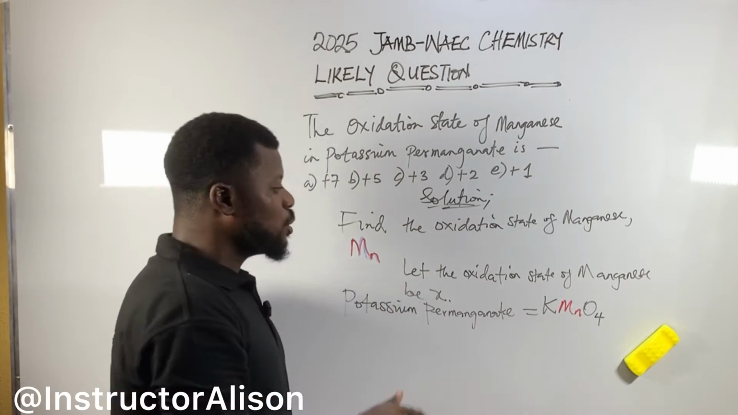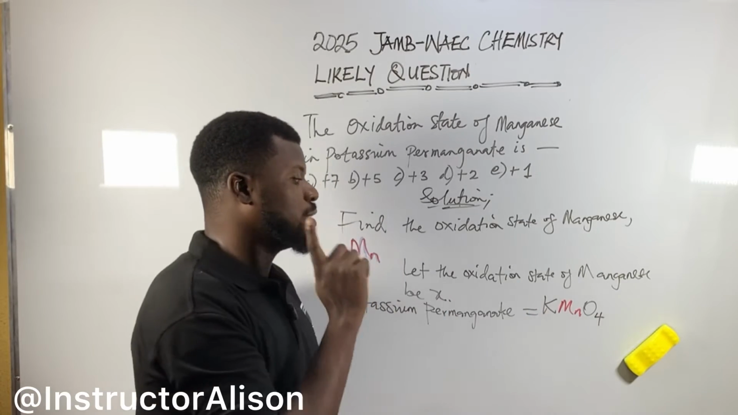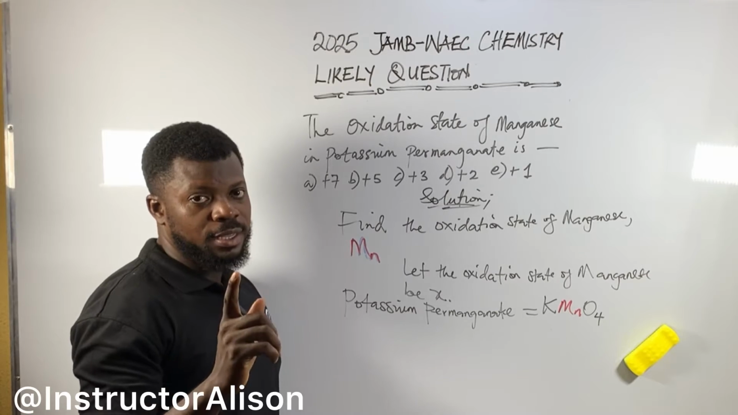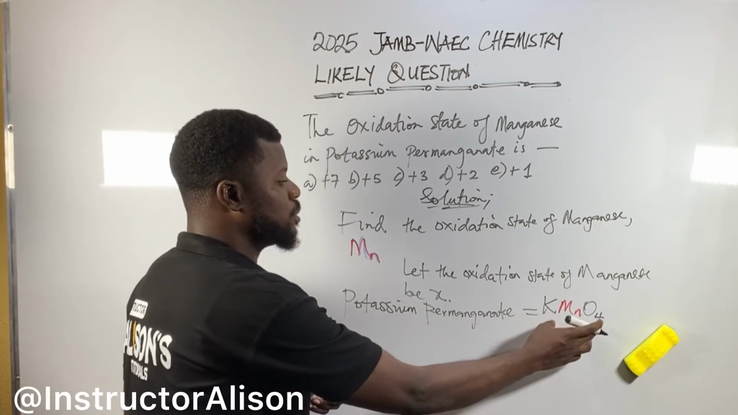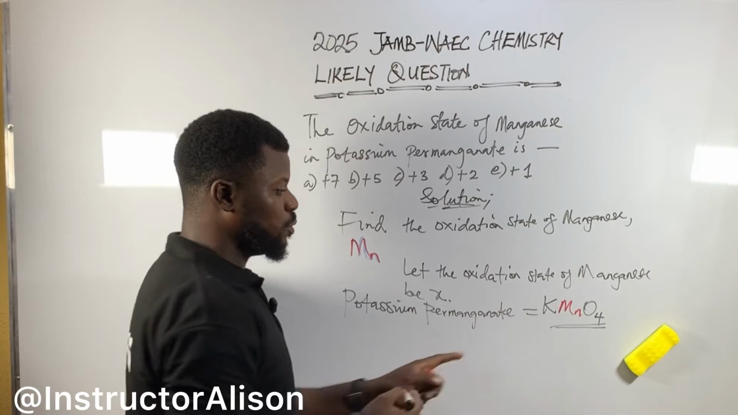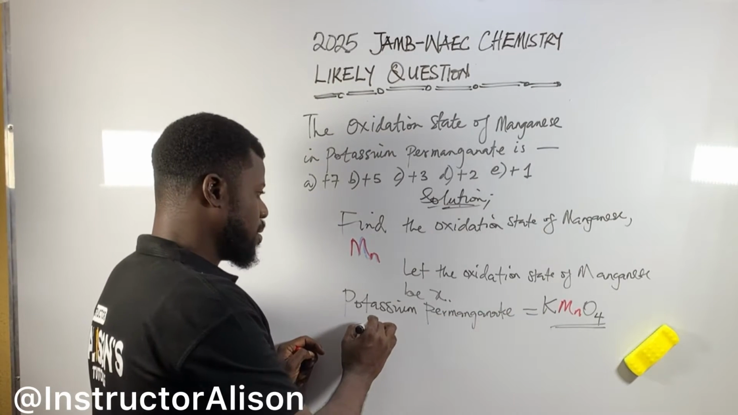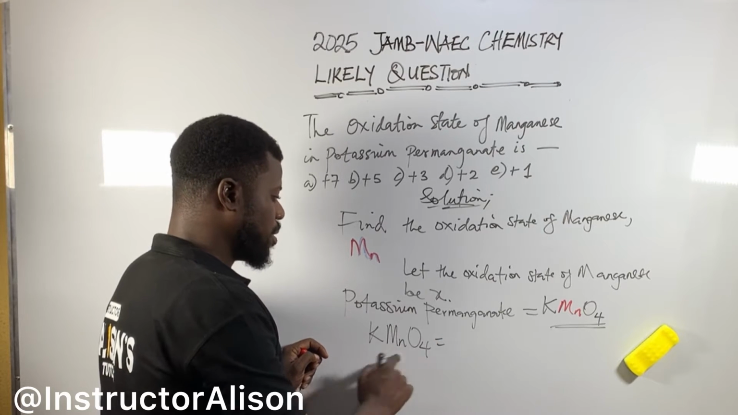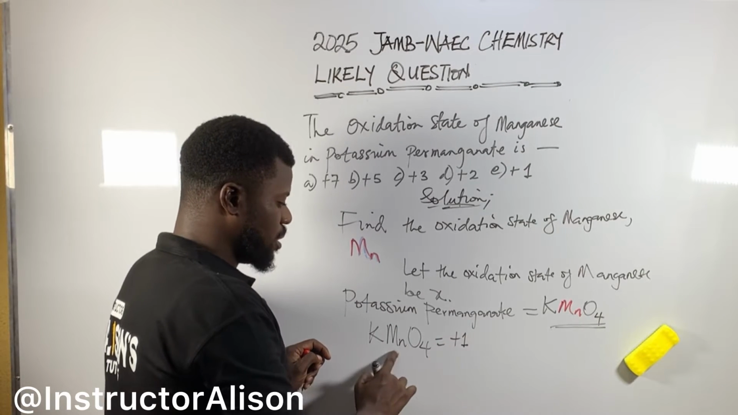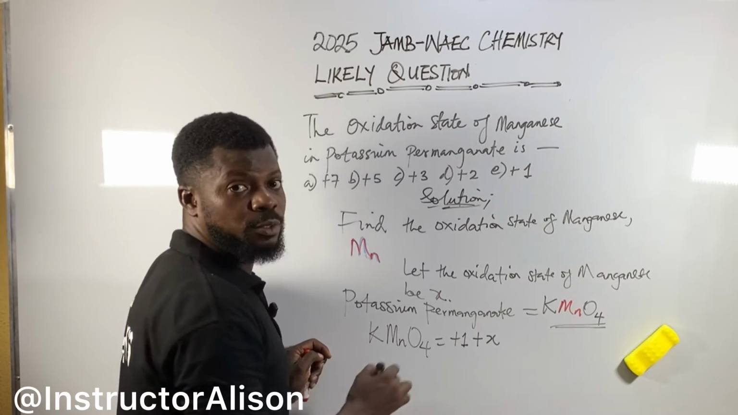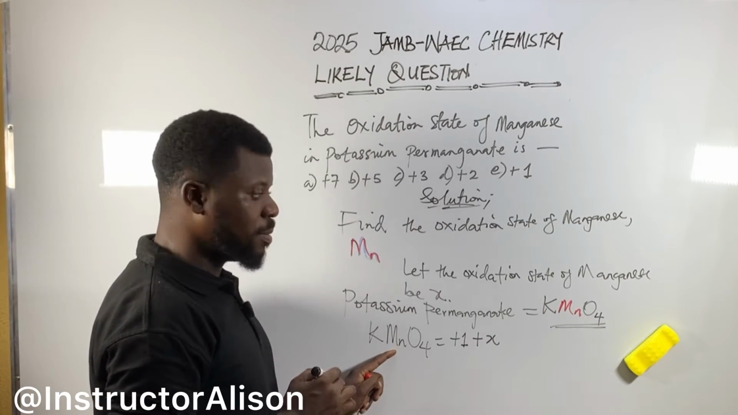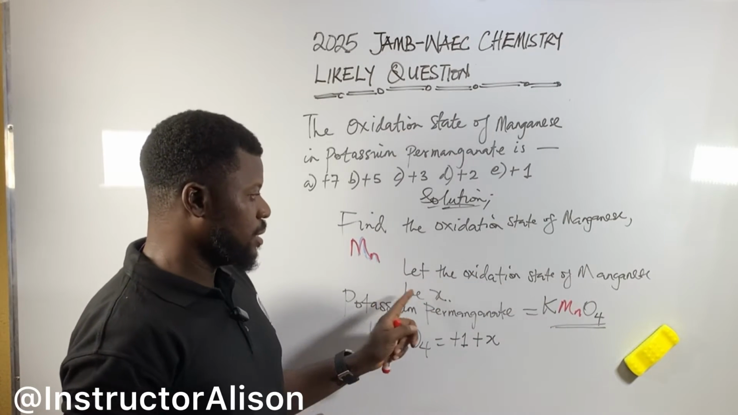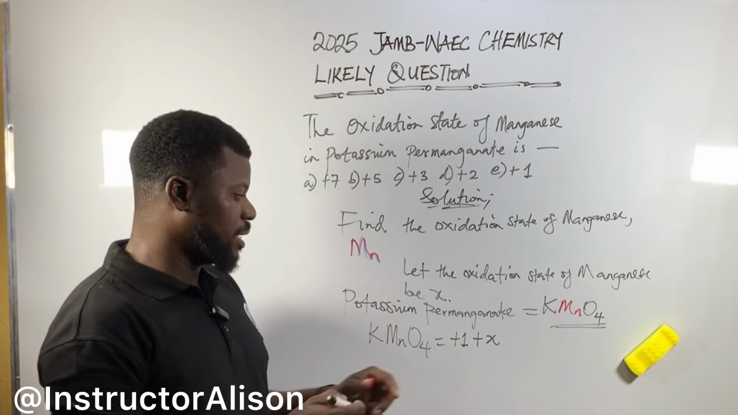Now for this one now, you go ask yourself, what be the oxidation state of potassium? Now +1. Don't forget that one. I always tell you. So if potassium, from this formula, we get potassium as +1, plus, now you go add, plus X. Remember say we don talk now, say let the oxidation state of manganese be X. So in place of this one, now I put this X, plus